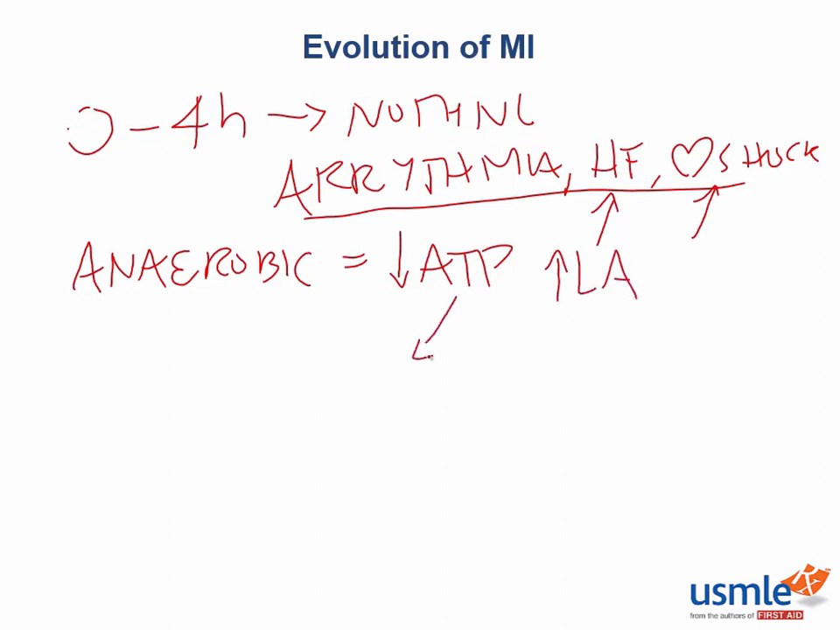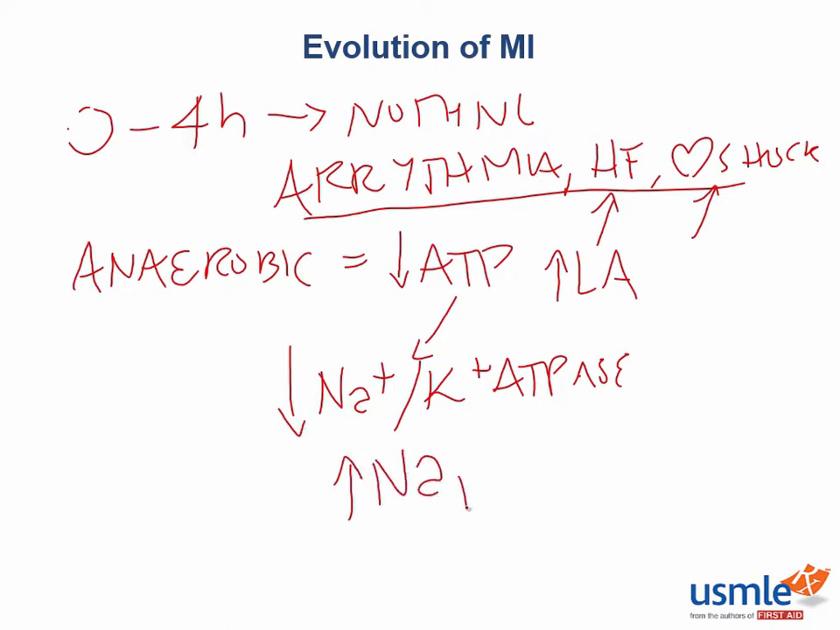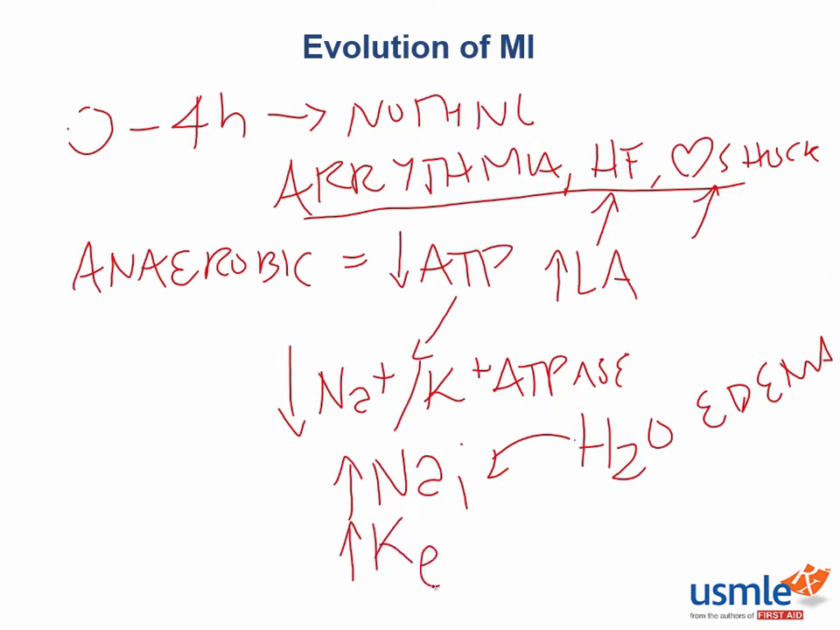The decrease in ATP disrupts the function of the sodium-potassium ATPase pump. Now, what happens to this pump when there's much less available ATP? It does not work very well. So then we accumulate sodium intracellularly. This is very important because it pulls in water, and this causes cellular edema. And we accumulate potassium extracellularly. This can increase our risk for arrhythmia,